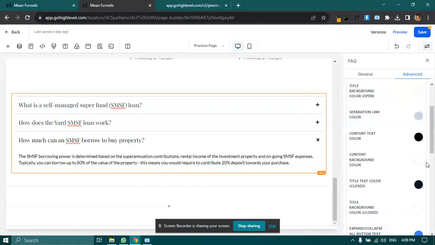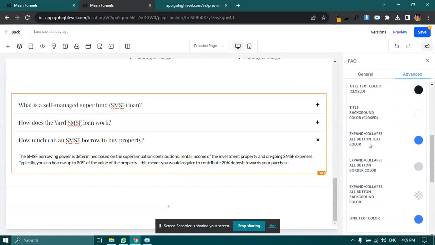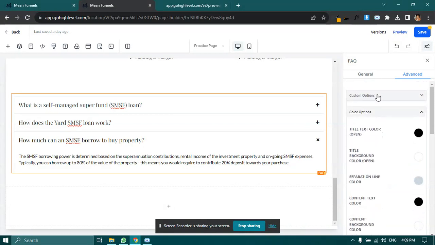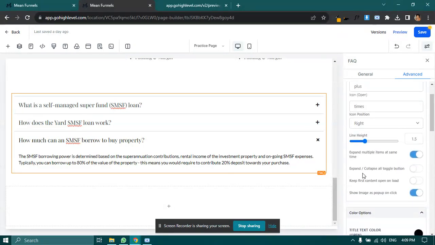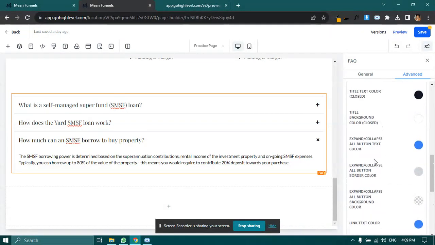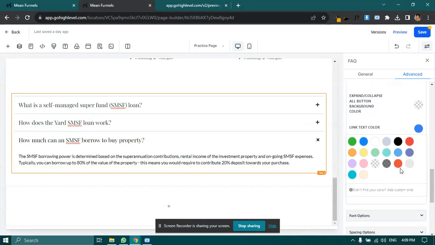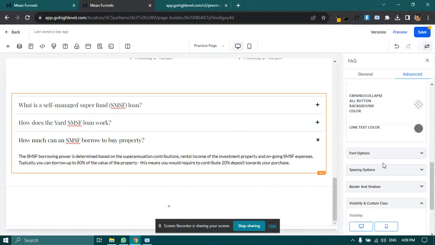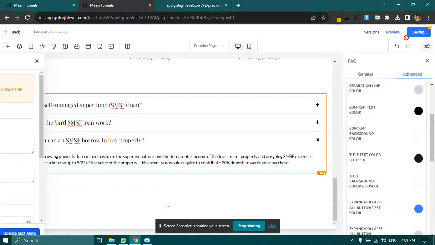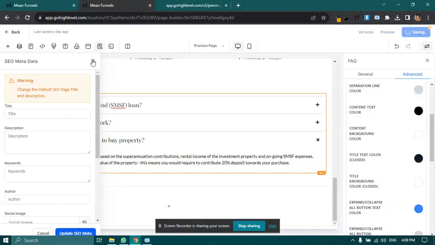Now, what does this button say? Expand collapse all button text. So you have to add it in here, the expand collapse button, and you can customize it here. For the link text, I want to make the link text a little bit gray. So let's save and see